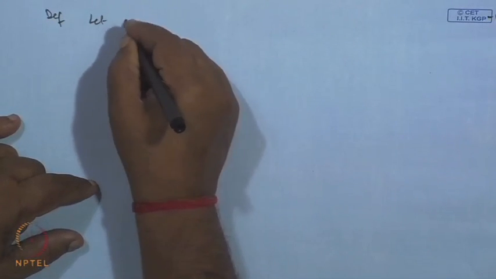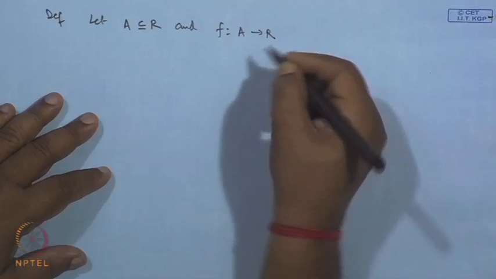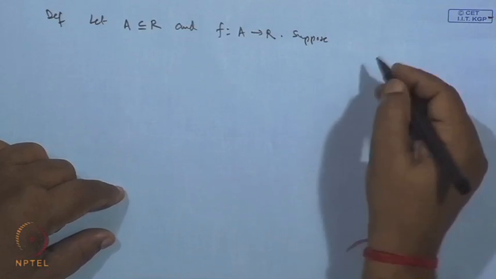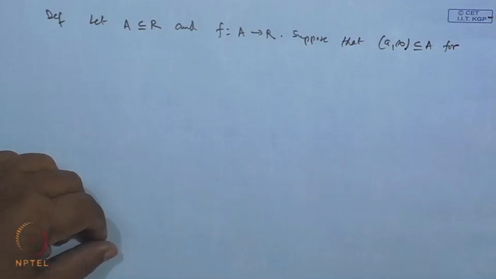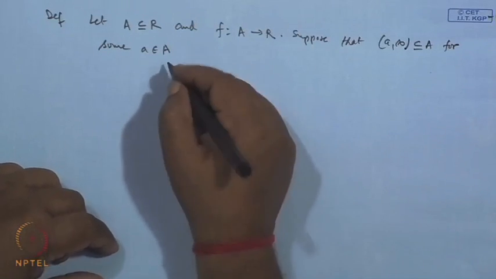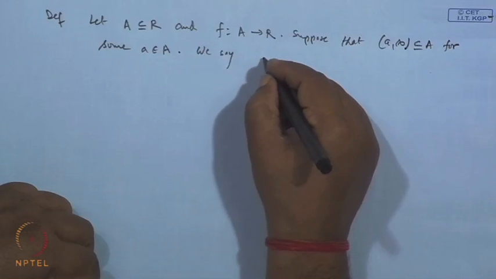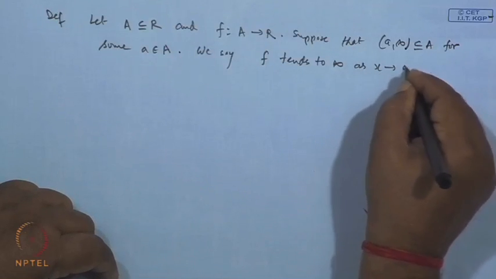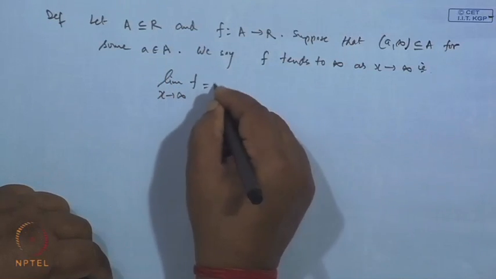Let A be a subset of R and let f be a map from A to R, and suppose that (a, infinity) is contained in A for some a belongs to R. Then we say f tends to infinity as x tends to infinity, and we write it like this: the limit of f when x tends to infinity is infinity if